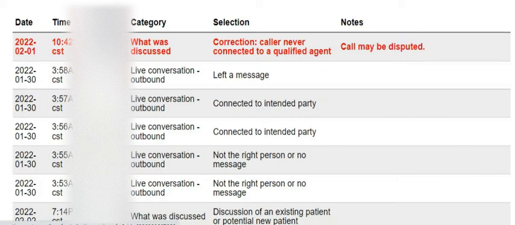If you believe that the reviewer got it wrong, you can dispute your report. You click it here, and then you make a report saying that you believe the